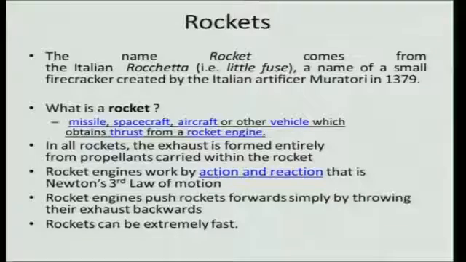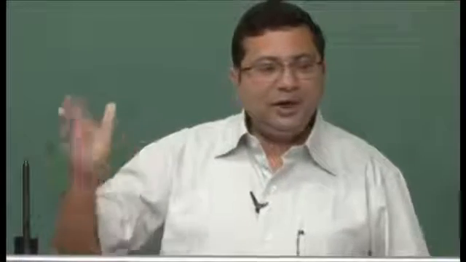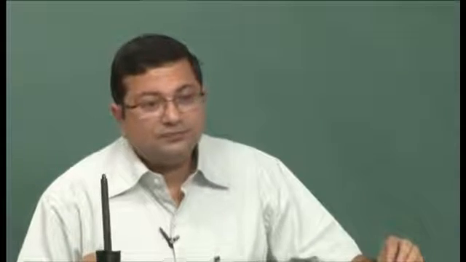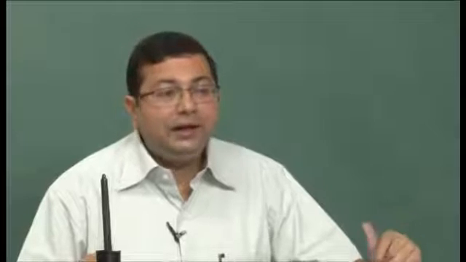Because of this, since it does not have any exposed system, we can keep on increasing the velocity as well as mass, of course depending on the availability, and can produce very high thrust. So, therefore, these rockets can move extremely fast. Even 30-40 Mach speed can be achieved by rockets. Of course, rockets can move up to escape velocity, so that they can go outside the atmosphere. So, they can move extremely fast. That is the biggest advantage of rockets, the very high speed that they can attain.